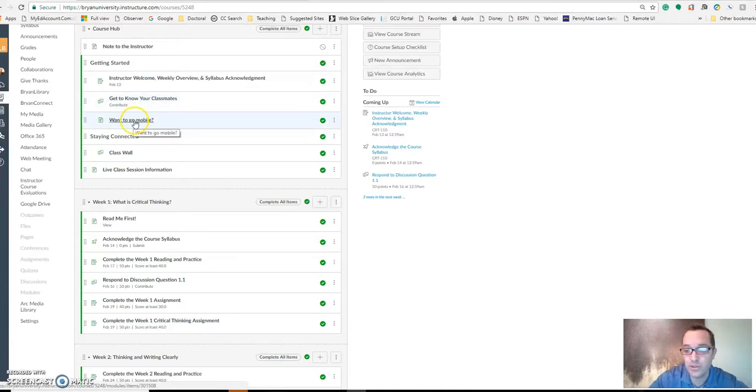Another very important thing is if you want to go mobile, most of this homework you can actually do on your phone. And you can do a lot of the reading on the phone, although if you have an iPad or a tablet or something, those are usually better. There's some information on how to download the apps, so I highly recommend doing that. The SmartBook app is where you can do most of your homework from, so I highly recommend getting the SmartBook app, and then you can do a lot of this on the go.